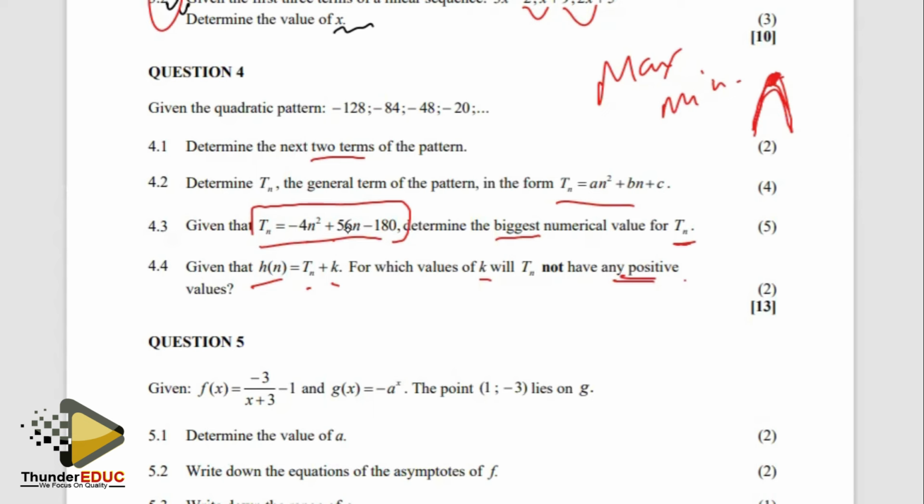So this k is just an increase, which means it's a shift of the graph vertically, upwards and downwards, whereby we shouldn't have that to be positive. In other words, the intercepts should just be negative. Looking at this question for 2 marks,